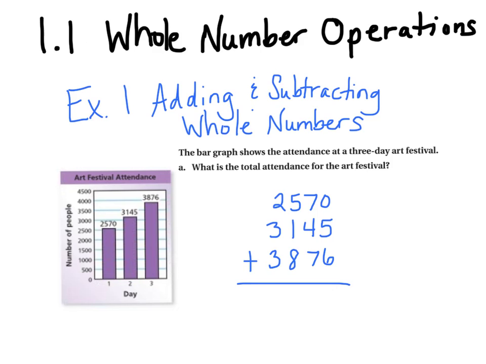It doesn't really matter in this case, since we're adding, what order they go in, but since they're all the same number of digits, I made sure that I lined them up carefully by place value, and that's a really important step when you're remembering to add. Now we're going to add, always starting on the right hand side in the ones place. So 0 plus 5 plus 6 is 11, and we're going to write that ones digit down here, and then remember to bring that other 1 for the 11 in the tens place